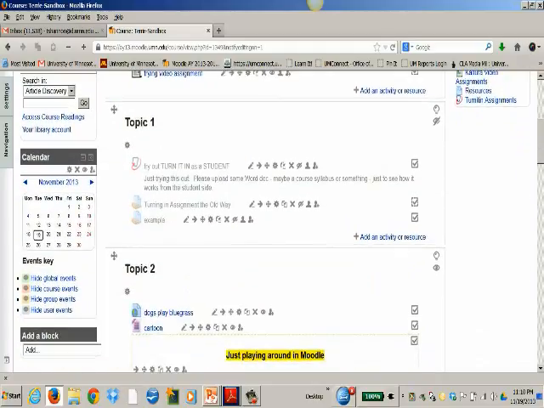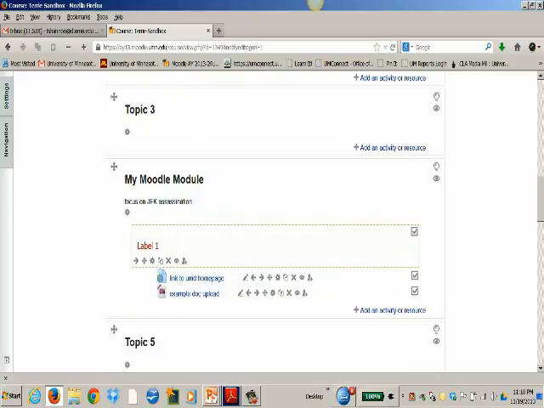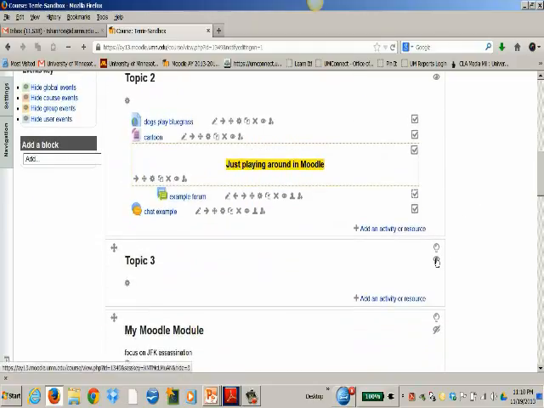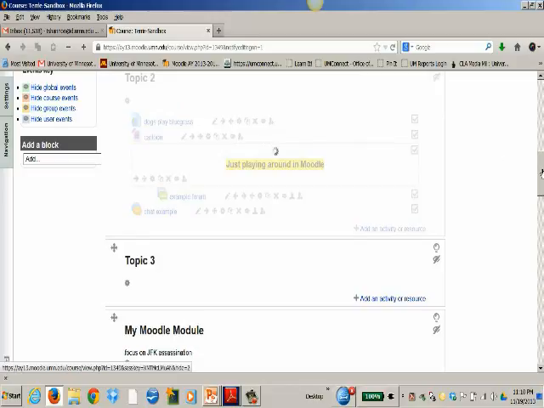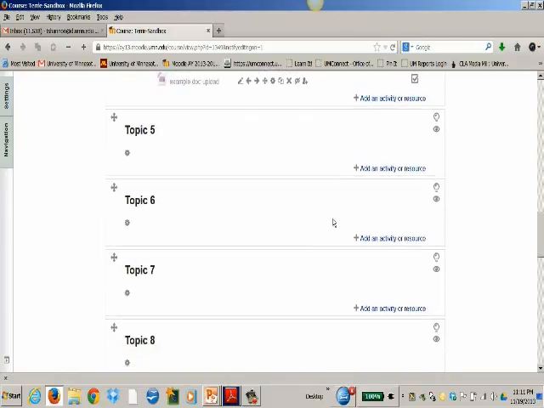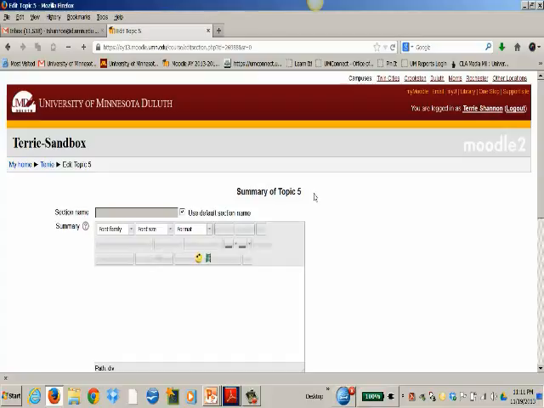We were using different topics and blocks in our Moodle practices in class. So I'll just hide some of the ones that I've done before so that they don't get in the way. You can hide whole blocks of things. Here I'm hiding blocks 2 and 3 and 4, so students wouldn't be able to see those. I want to start with topic 5 down here, and first I'm going to change the name of the topic by clicking on the gear below that. The default is to call it topic 5, but I'm going to unclick that button, and I'm going to call it